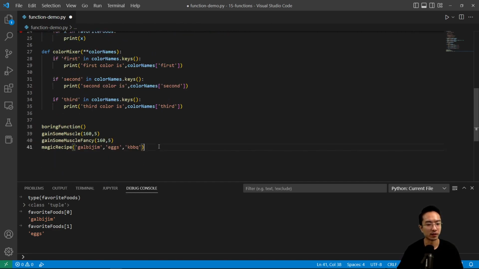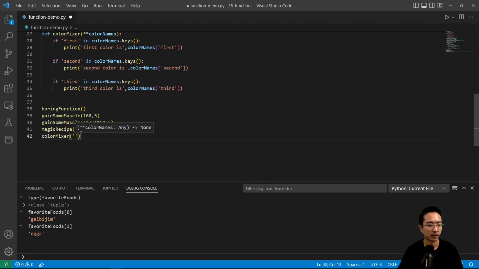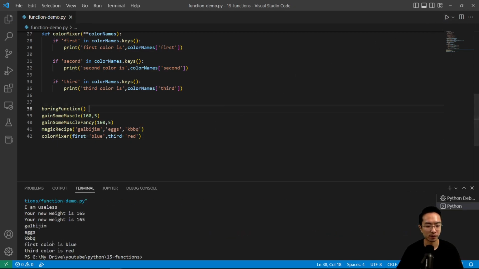So inside my function here, I could call color mixer, and then I could specify a few that I want to try out. So maybe I have first equals blue, and then let's say third equals red or something. Okay, so if I run this, you see that first color is blue, third color is red, and it skips a second because I didn't provide it. But let's say I did provide it. Let's just say green, for example. So if I run this now,